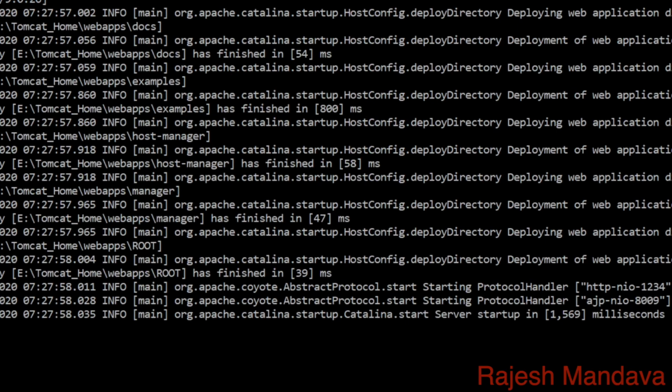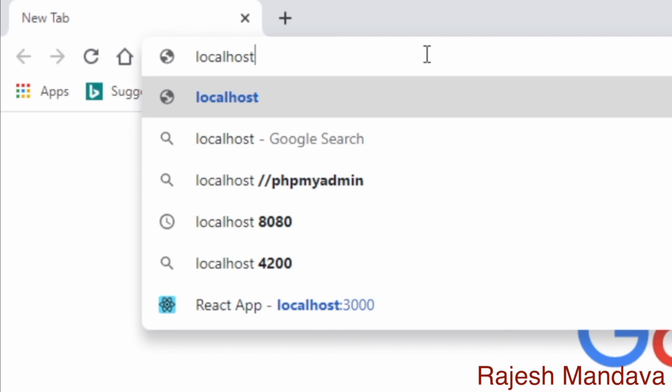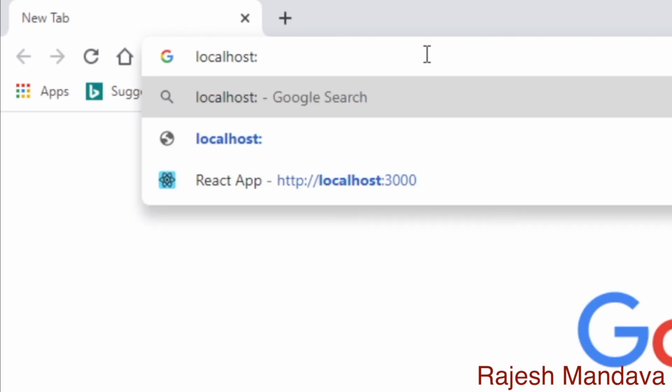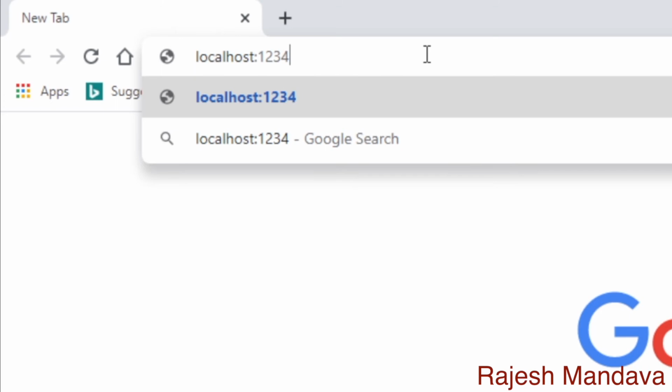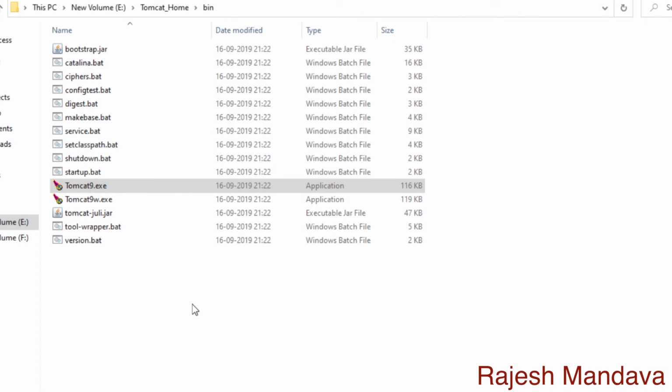Let us open the browser, enter the URL localhost as our server is on the local machine, and right now we have given 1234. That is the port number specified. Once you get this screen, you can read it here. You are seeing this, you have successfully installed Tomcat. Congratulations. That means it is installed successfully and also the server has started. But many face problems here getting the screen because of many reasons. But by default, the Tomcat server will be started automatically. This is how it was set up initially.